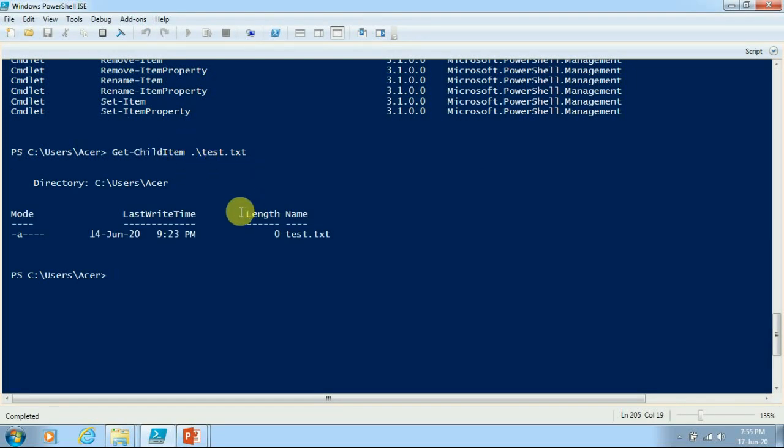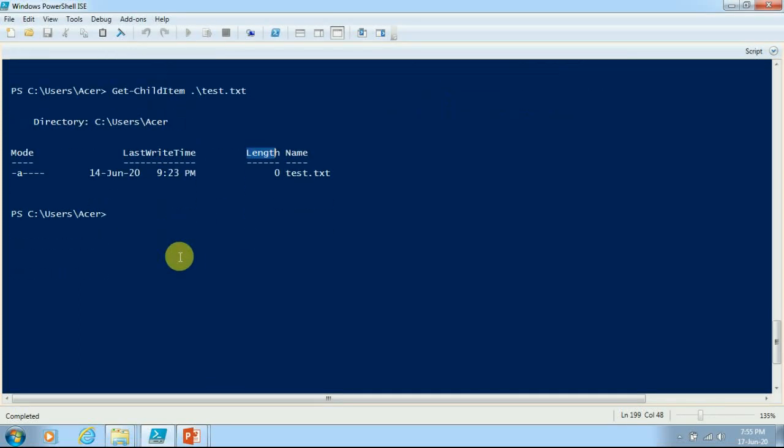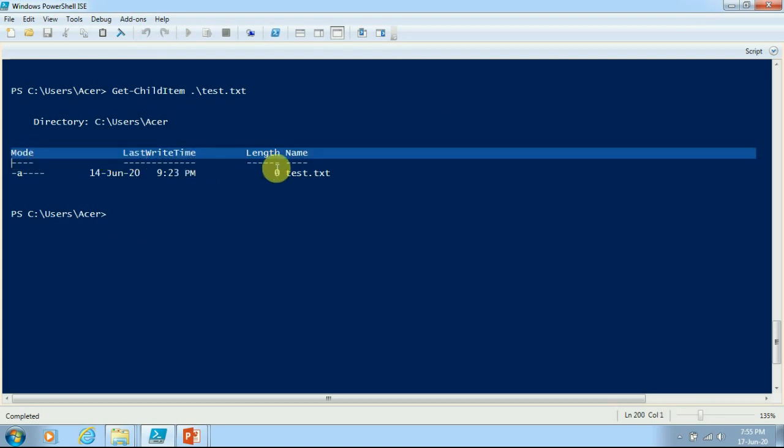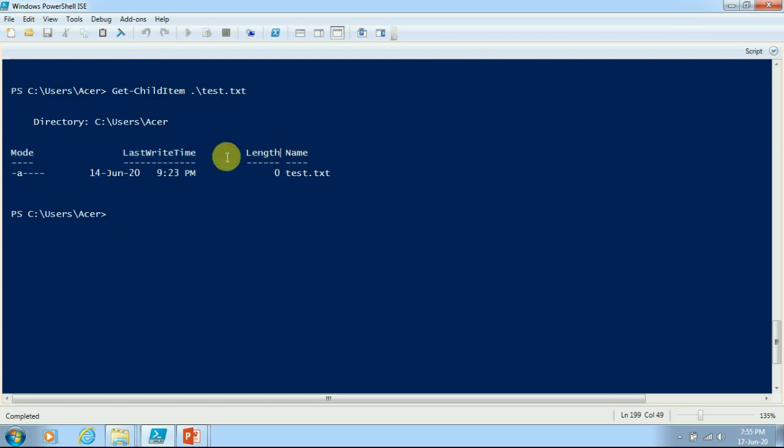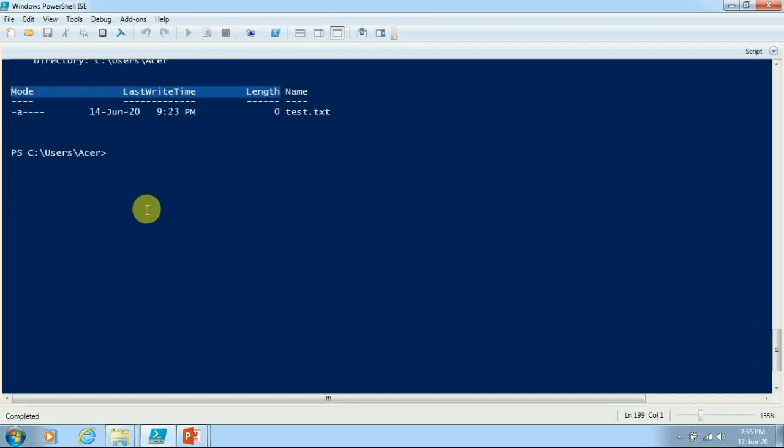You can see that as I have executed this, I have got the file name with some of its properties. Those properties include mode, last write time and length. By default currently we are getting only three properties, and if I want to get more properties, I will have to use select star.